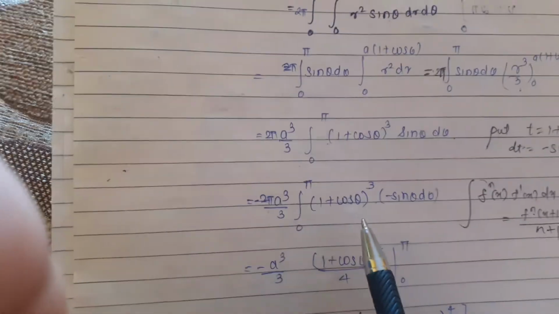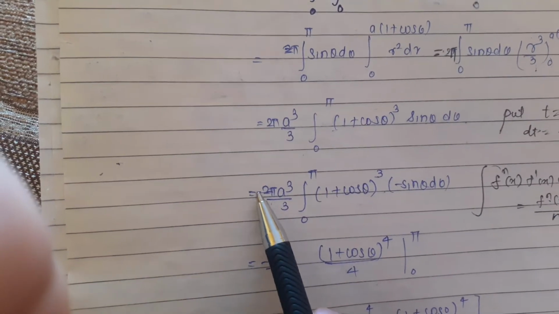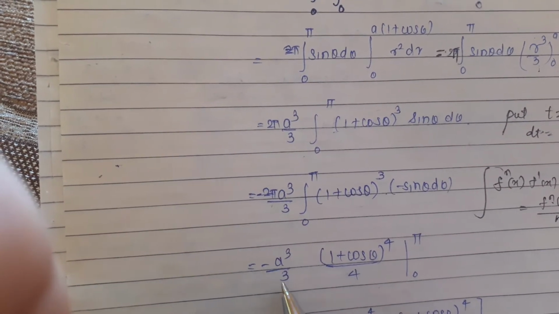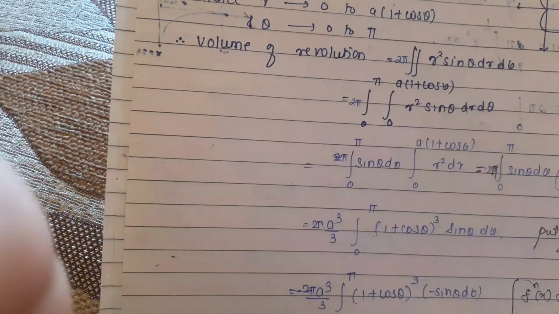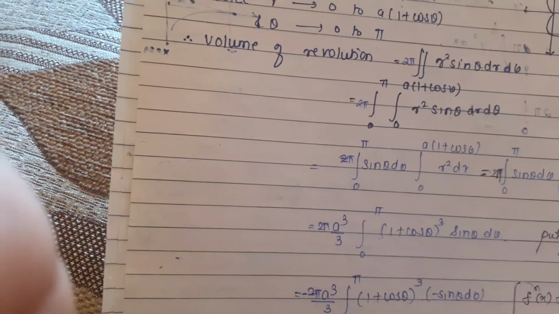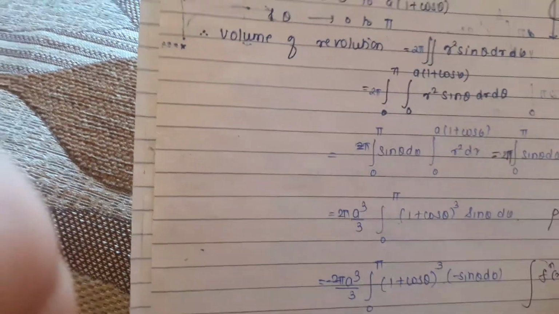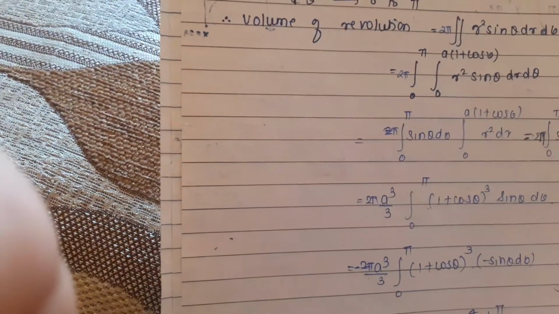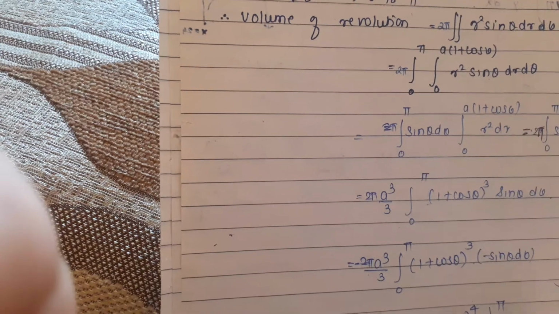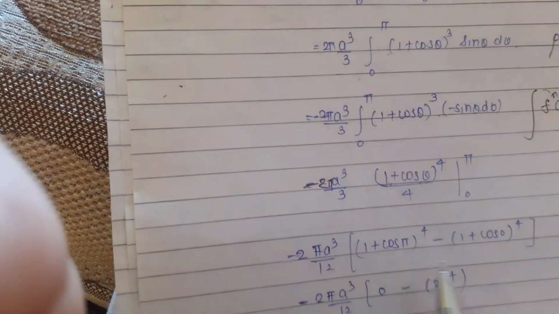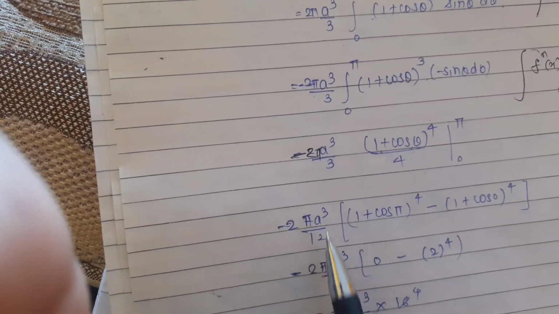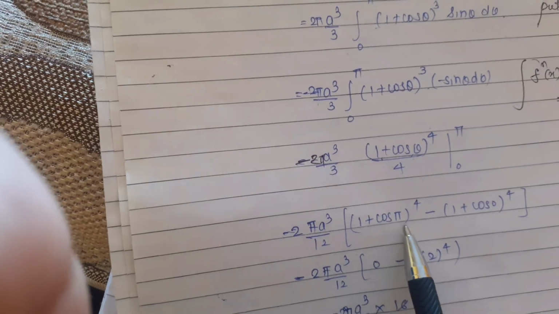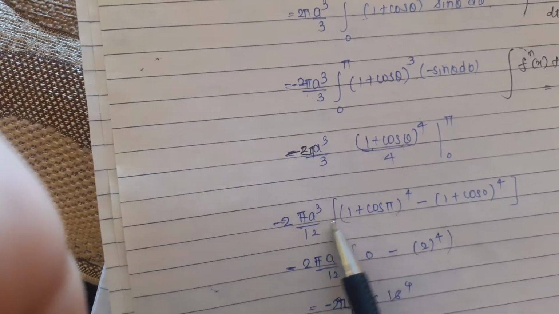So by applying this formula, we get minus 2 pi a cube upon 3 as it is. Its integration becomes 1 plus cos theta raised to 4 upon 4 from 0 to pi. Now for cos theta, pi and 0 both give values, so we have to apply both the limits. So function with upper limit minus function with lower limit, then 4 3s are 12, minus 2 pi a cube upon 12. Then cos pi equals minus 1, so 1 plus minus 1 becomes 0,